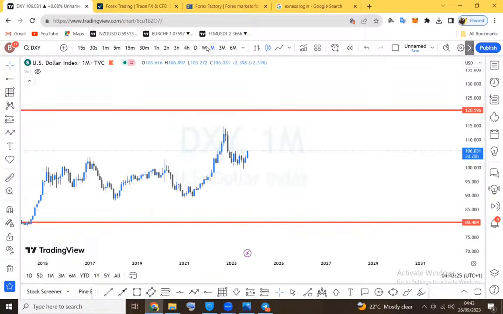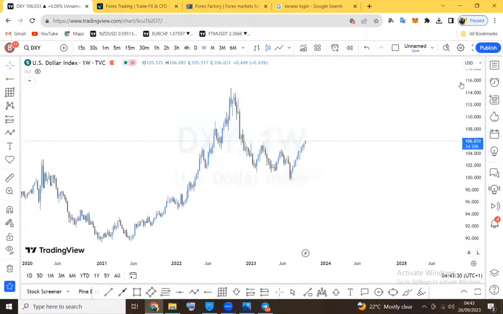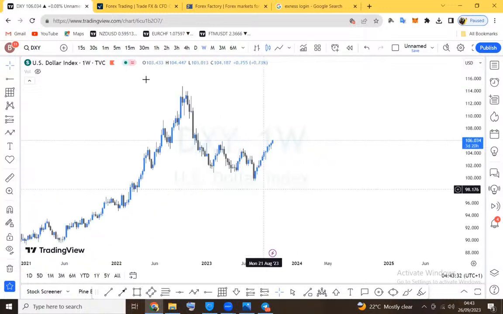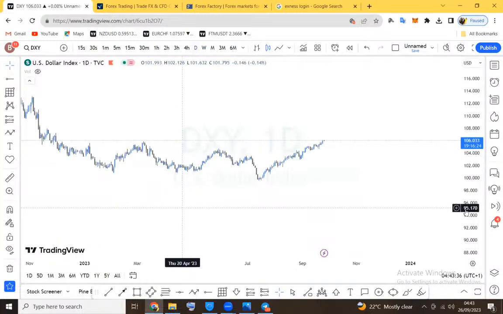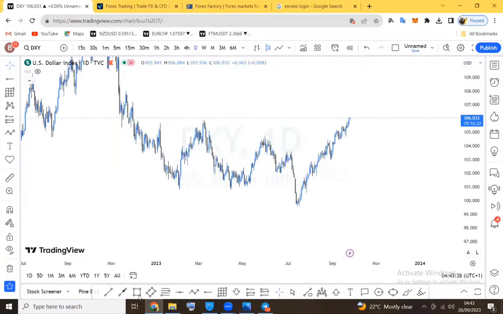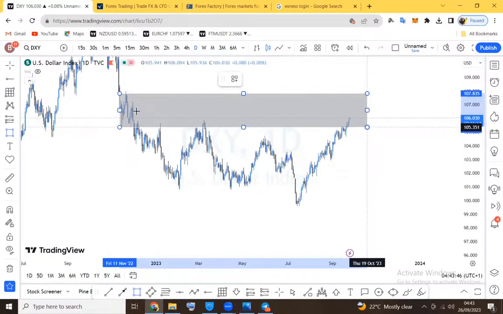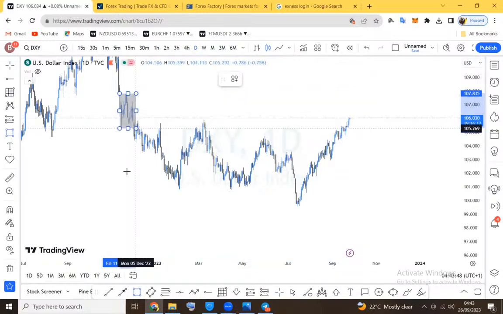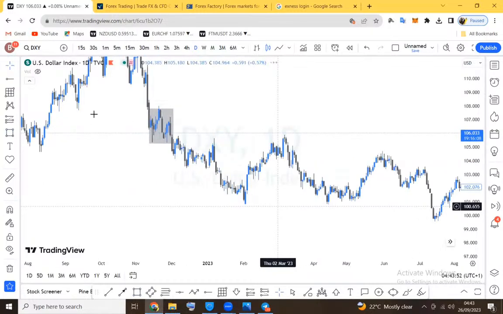If we were to look at price in detail, to go deep down to see the small movements of price to take advantage of it, then there is an important price point where we can see a reaction of the dollar index in the days ahead. This is the important price point of interest which I've mapped from here behind, and I'll be able to extend this point of interest.